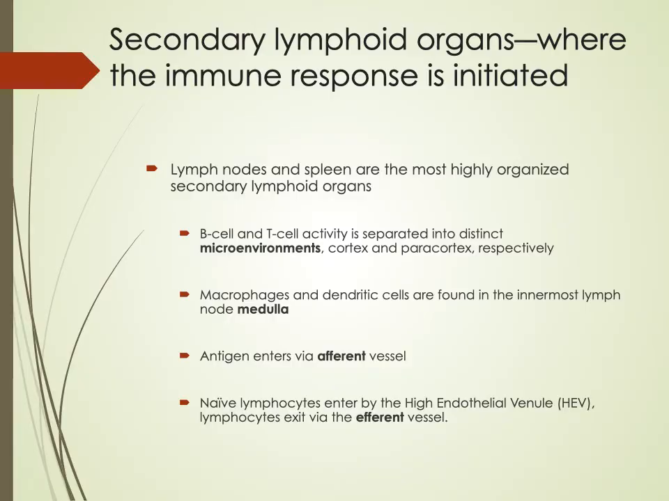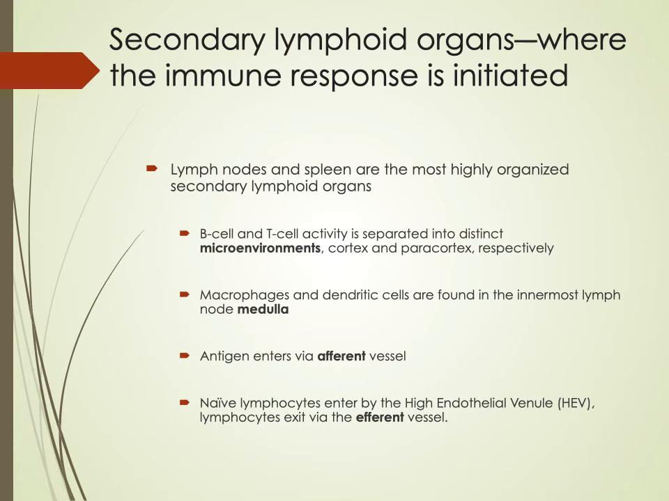For the lymph node and spleen, they're going to be the most organized secondary lymphoid organs. Those tend to be the ones we focus on just because they're so organized, they're easier to study and to look at the interactions and also the microenvironment that's going to be created. When we look at the figures in the next slide, you'll notice there's going to be a cortex, paracortex, and medulla. Because it's so organized, these different microenvironments actually get created,